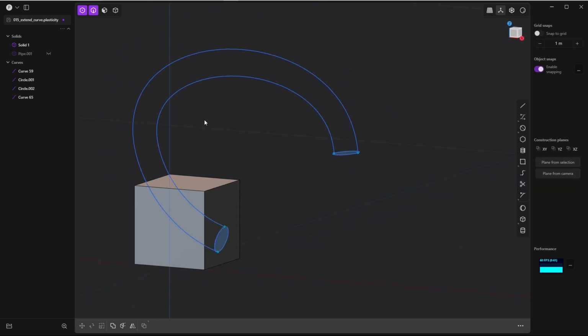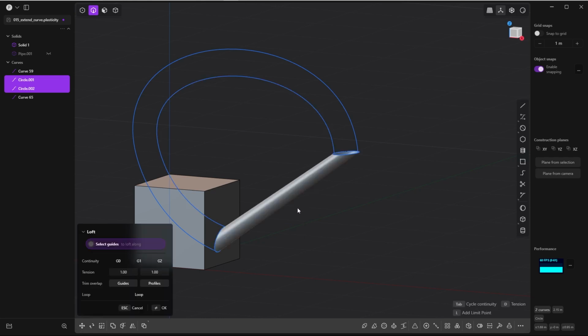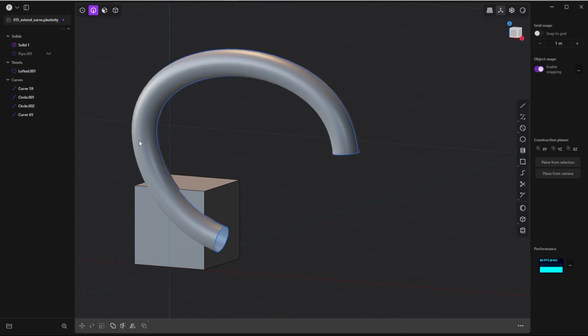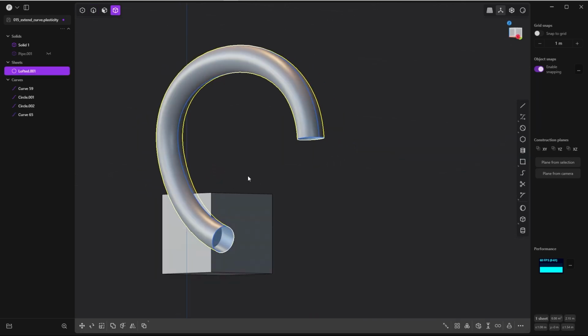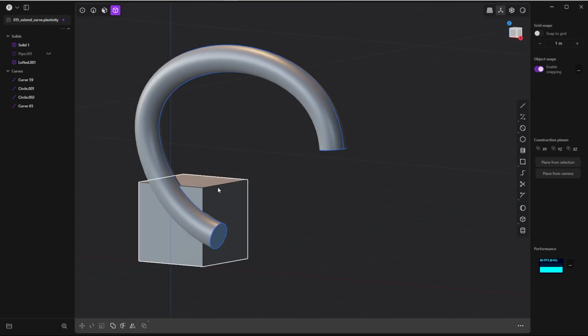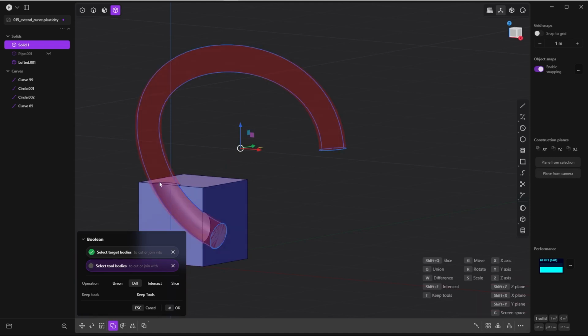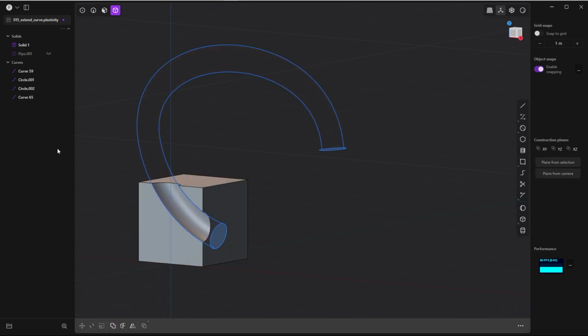And there you go. Now we can create a loft by selecting these profiles and pressing L. Then select the first guiding curve, shift select the second one. Okay. And if you now take this guy, simply press Shift J, you will automatically close these holes and get a solid. And if you now go to solid mode, select the cube, press Q, then select the pipe we have just created. By default, it will apply the difference Boolean. And if you press OK, bring back the